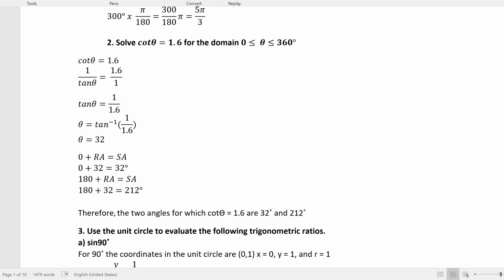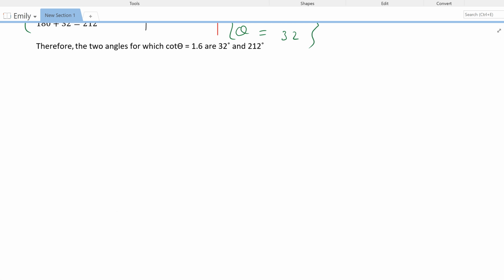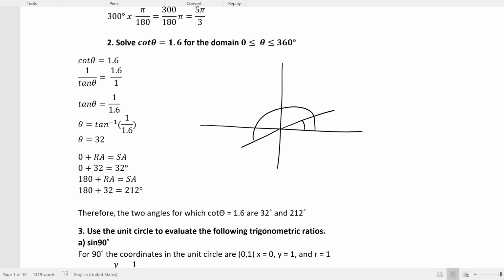Find the theta values for all domain values within 0 and 720. If you have 720, that means you're going to do 32, then 212. That's within 360. And if they write 720, what we do is this one